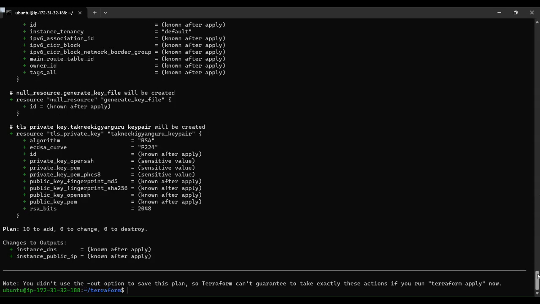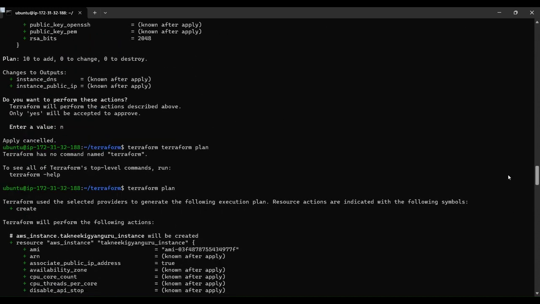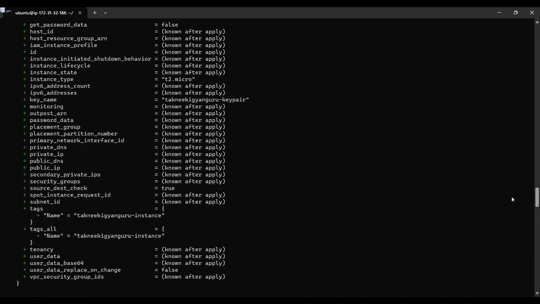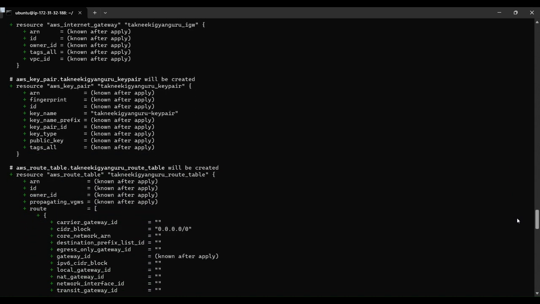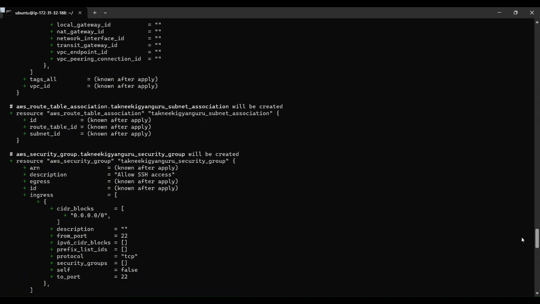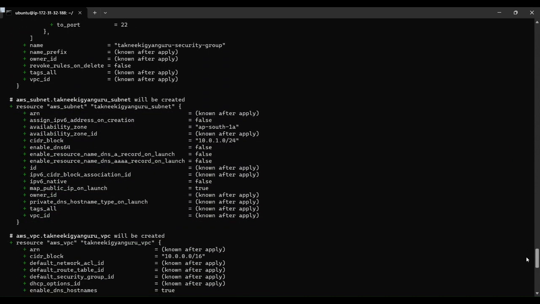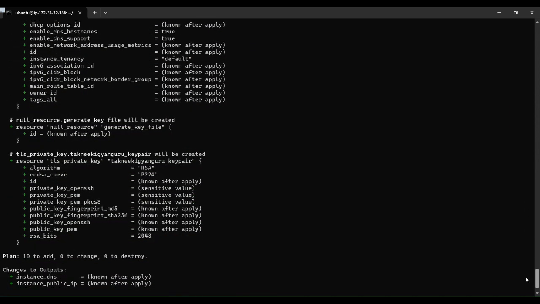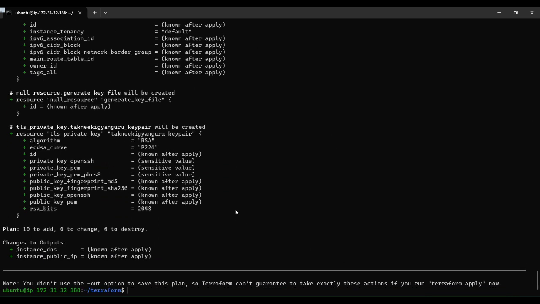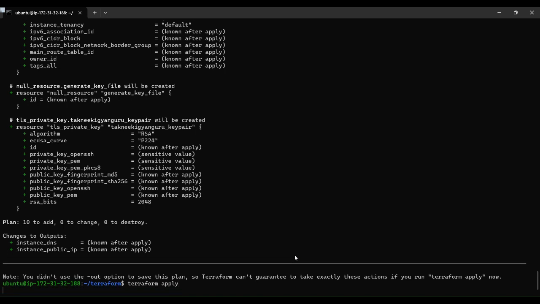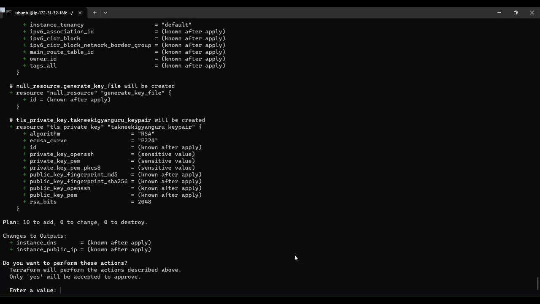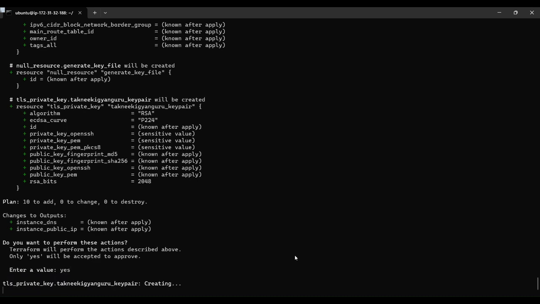See, similarly, what are we going to create? The instance, the gateway, key pair, route table, route table association, security group, subnet, VPC, null resource, and TLS private key. You have the preview. Now you can type terraform apply. Once you run it, it will create your resources, right? It will ask you to enter a value. You have to say yes or no. If you say yes, then your resources will be created,